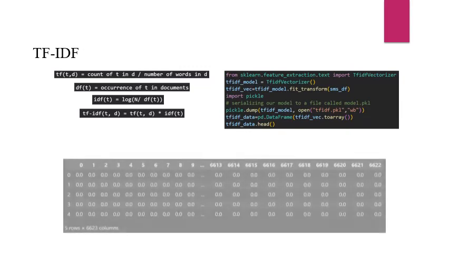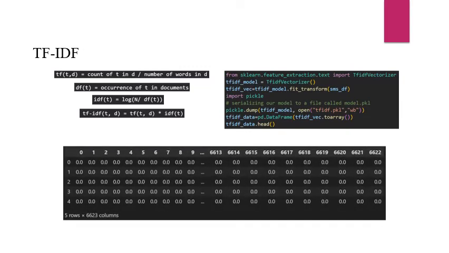Now we used TF-IDF, that is term frequency and inverse document frequency. Some words occur many times in a message but are not so relevant for classification of messages into spam or ham. To find the relevance of a word for classification, we applied the TF-IDF algorithm. This table shows the words and their relevance. The columns show all the words after tokenization and the rows show all the messages. The values in the table show the relevance of a particular word in a particular message.